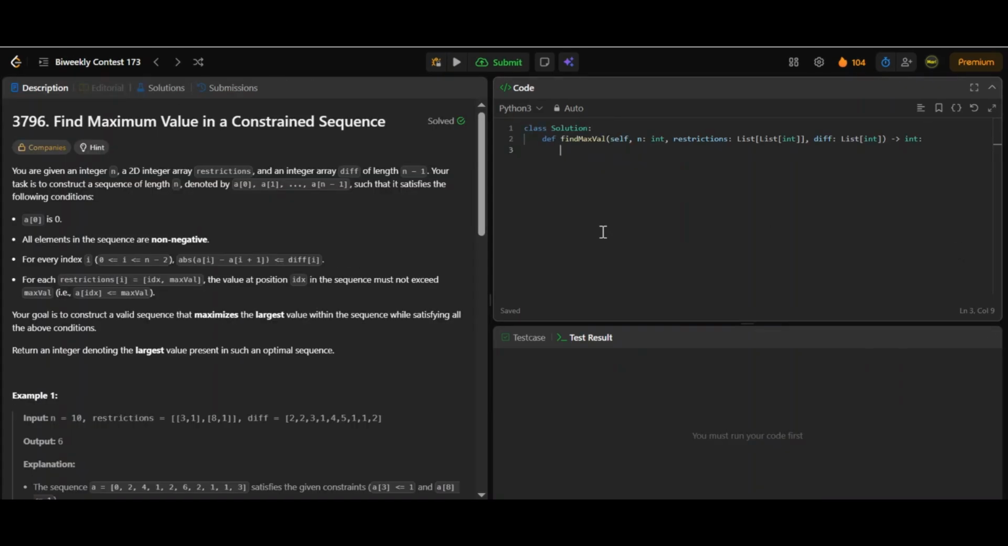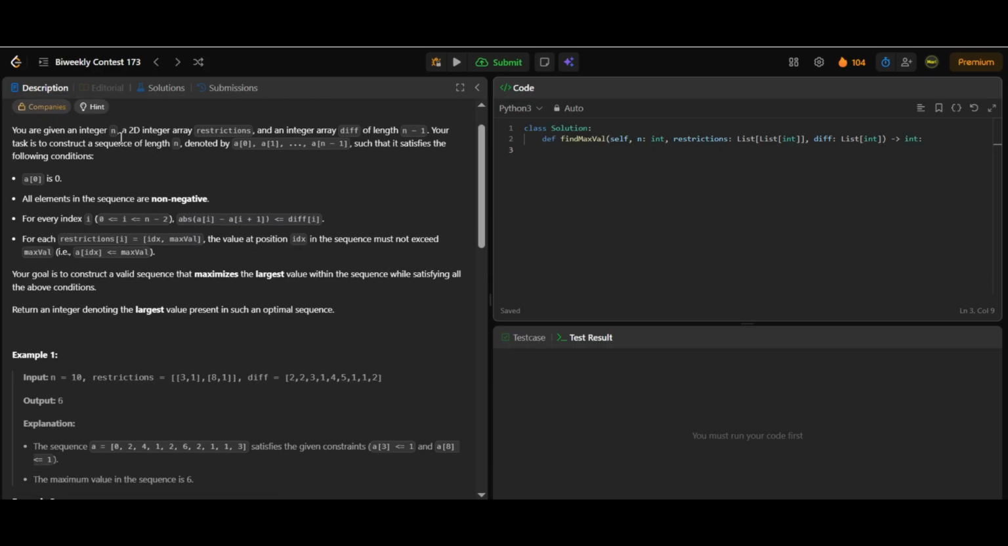So the third question is finding a maximum value in a constrained sequence. You are given an integer n, a 2D integer array restrictions, and an integer array difference of length n minus 1. Your task is to construct a sequence of length n, denoted by a of 0 to a of n minus 1, that satisfies the following conditions: a of 0 must be 0, all elements in the sequence are non-negative, and for every index i that is greater than or equal to 0 and less than n minus 2,